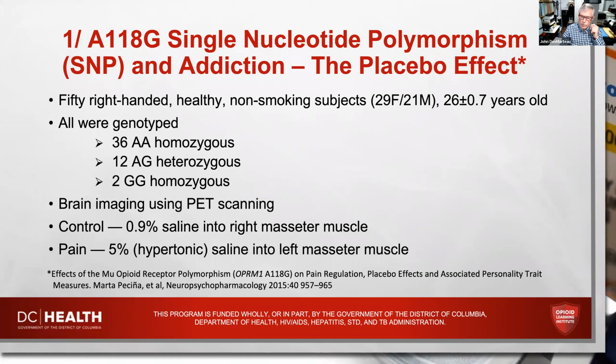And then what they did with these volunteers, presumably with consent, was they said, well, okay, we're going to see how you respond to pain. So the control was they injected normal saline into the muscle when you clench your teeth. That's the masseter muscle right there, that thing that pooches out. And then they would see how they responded to pain.